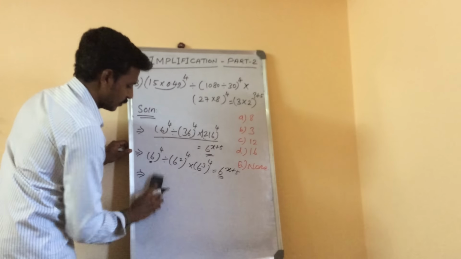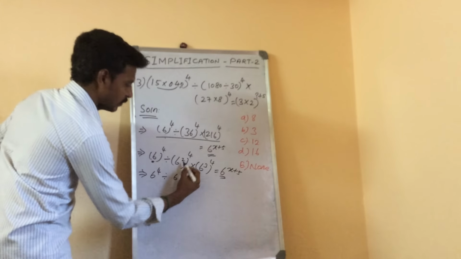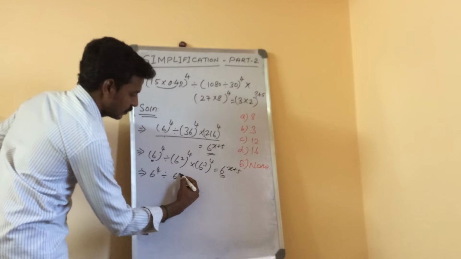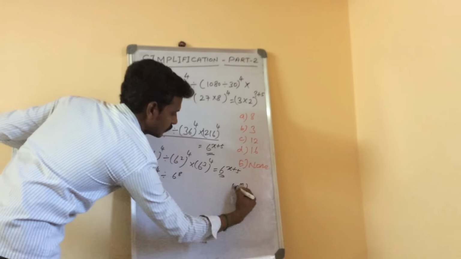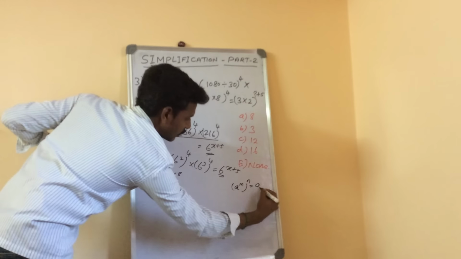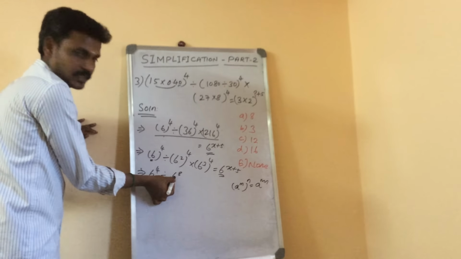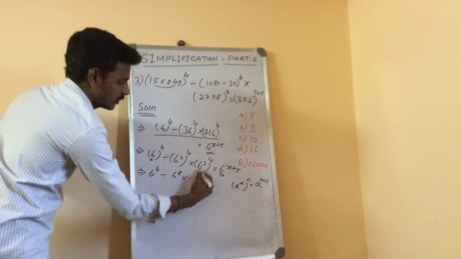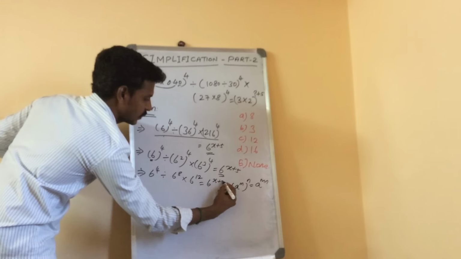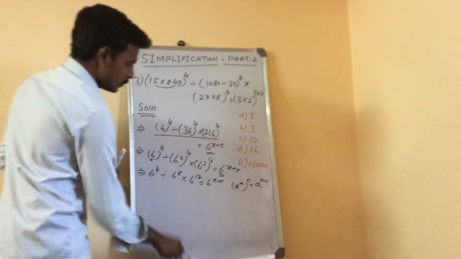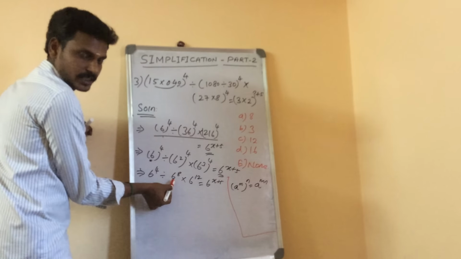So I will take the next step. 6 power 4 divided by 6 power 2 into 4, that is 6 power 8, right? Because (a power m) power n, this is the formula, right? A power mn. So you need to multiply the power value. So as it is, I conclude this value, okay? 6 power 8 into 6 power 3 fours are 12, right? 12 equals 6 power x plus 5. Okay, this is the formula. As per the formula, I conclude this value 6 power 8, right?